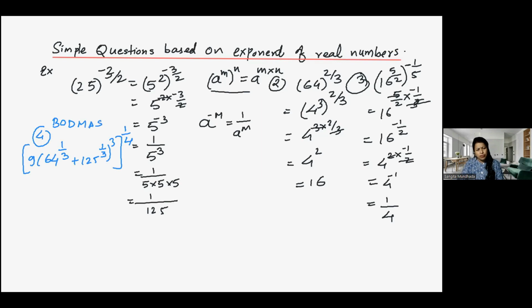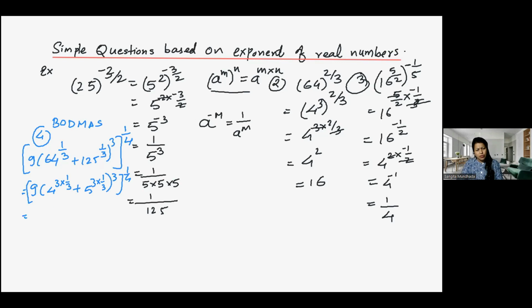But here first we will solve this bracket. 9 into 64 means 4 raised to power 3 into 1 by 3. And 125 means 5 raised to 3 raised to power 1 by 3. And again raised to power 3, raised to power 1 by 4